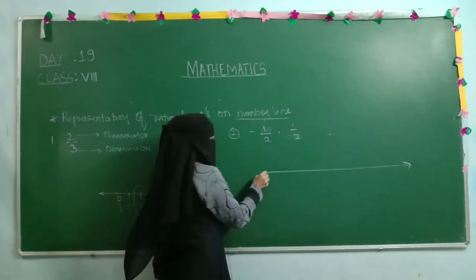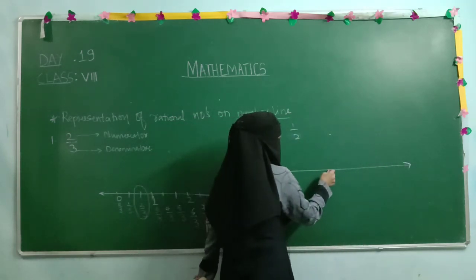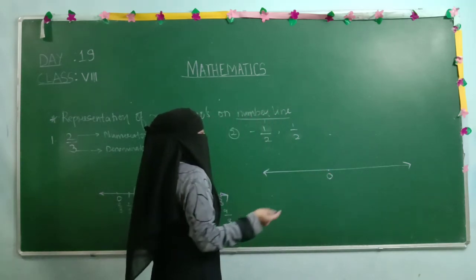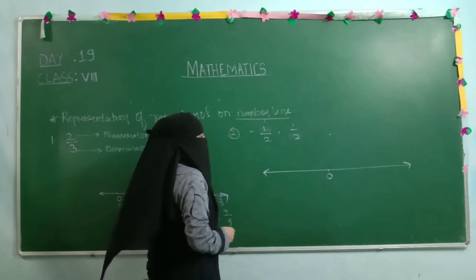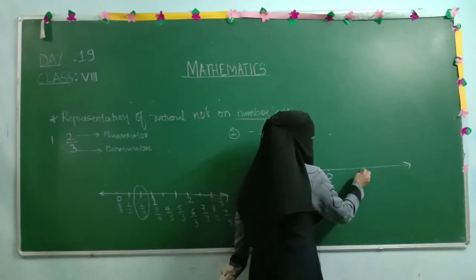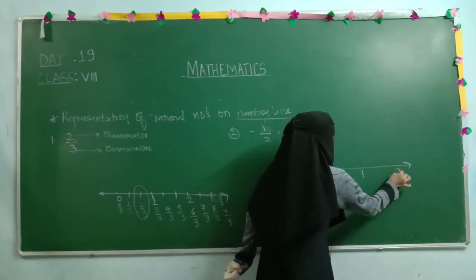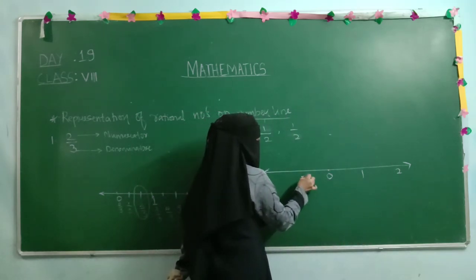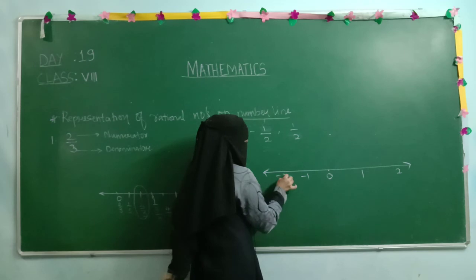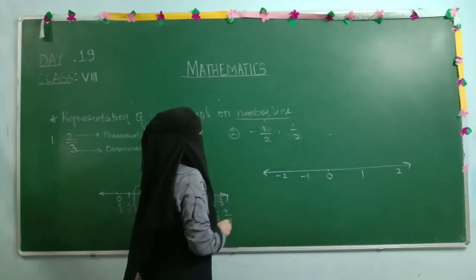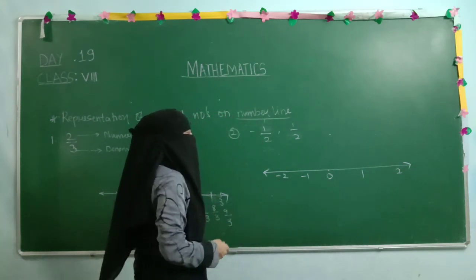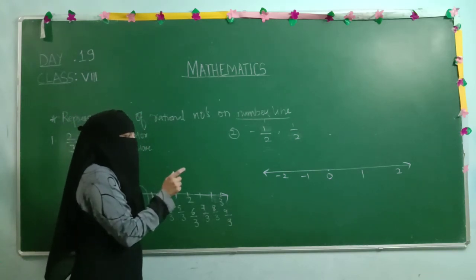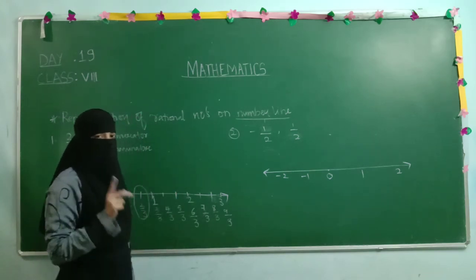This is your number line, and exactly in the center you are going to represent 0, and on the right hand side of the 0 you have to write positive numbers. So suppose here it is 1 and here it is 2, and on the left hand side of 0 you are having negative numbers, minus 1, minus 2. Now we have to focus on the denominator. What is the denominator? 2. It means if the denominator is 2, that complete 1 unit we need to divide into 2 parts.